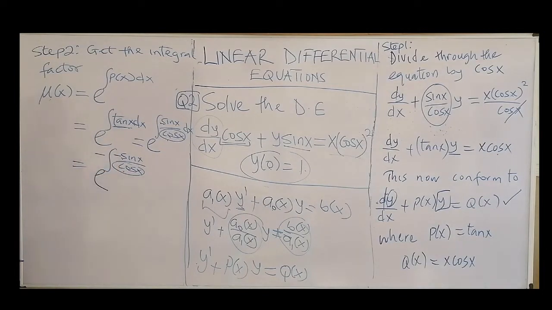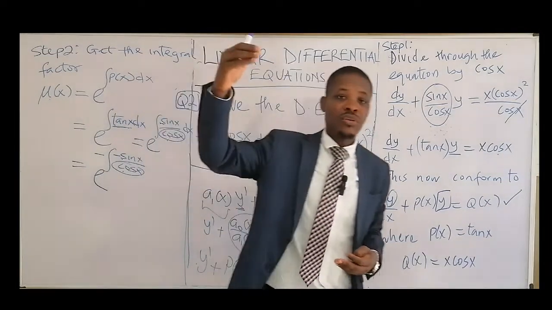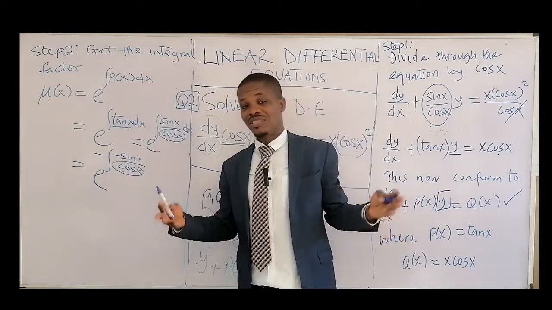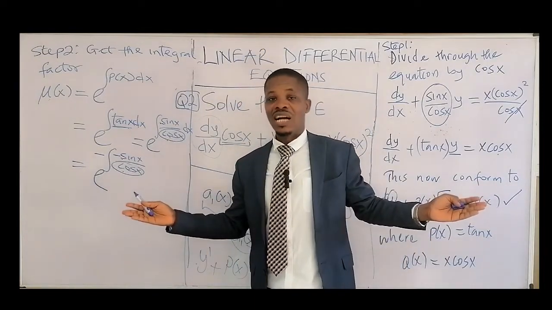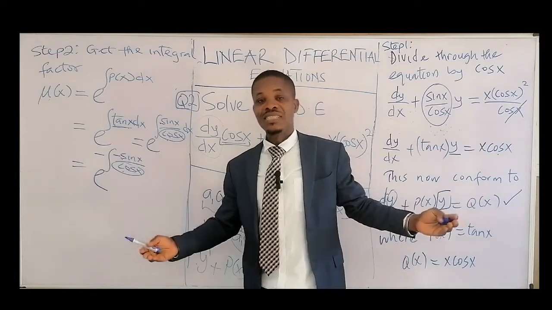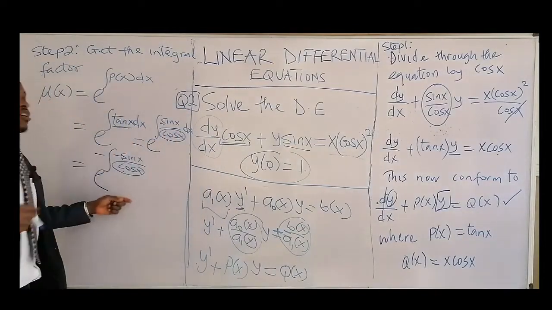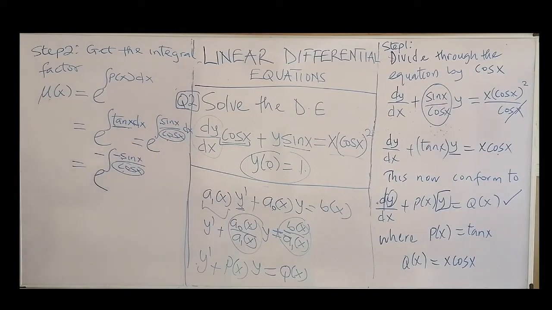In one of the videos, I think in method of integration, I said that whenever your numerator is equal to the derivative of the denominator, then the integral, the answer, will be equal to what? Logarithm or ln of the denominator. Okay, I'll put the link of that video in the description so that you can watch it and get a more in-depth understanding of that. Okay, so this will be equal to